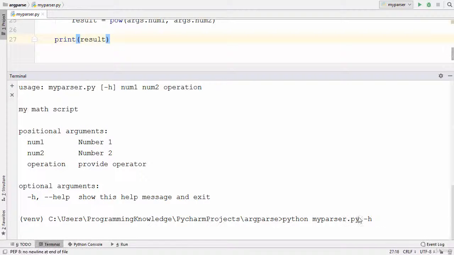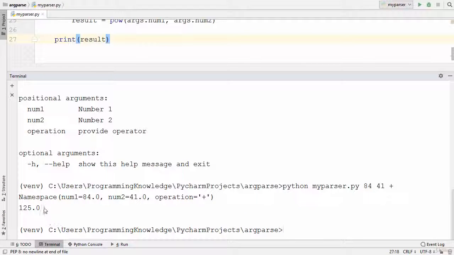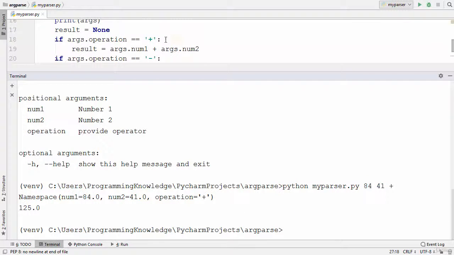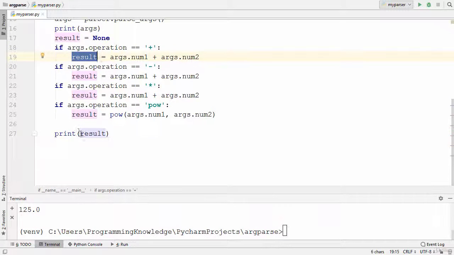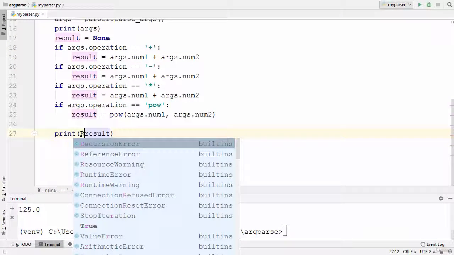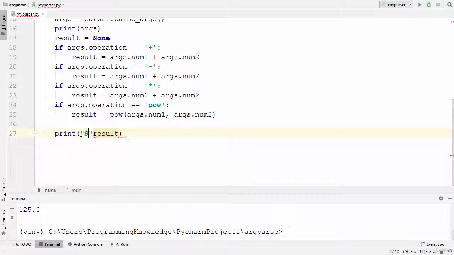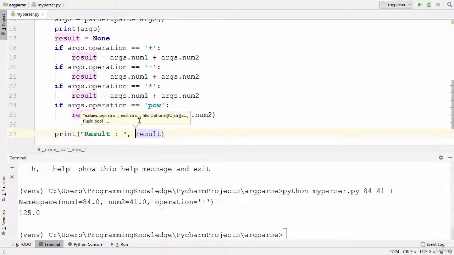So now let's run the script once again and let's see what happens. I'm going to provide the same parameters, 84, 41 and operation plus here, and then press enter, and you will see the result here is the addition of these two numbers, because our plus condition is met for the operation, and then it's going to just add these two numbers and print the result. We can make this result a little bit more sensible by just saying this is our result. So I'm going to just say result colon and then provide the comma here,